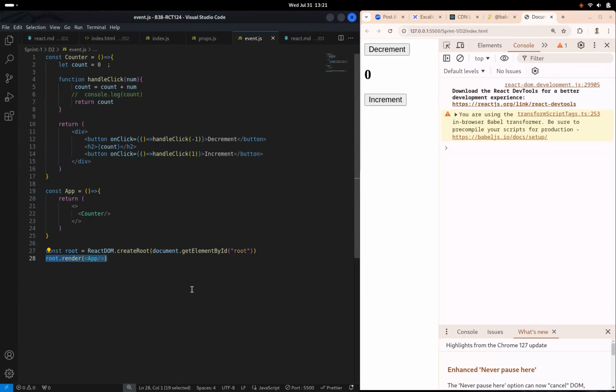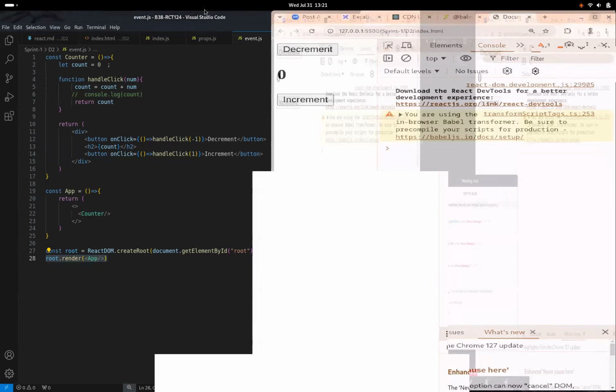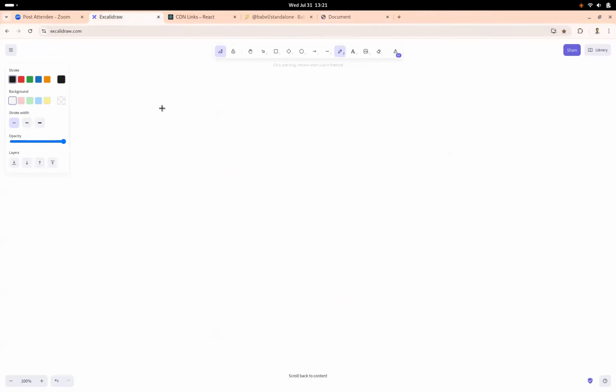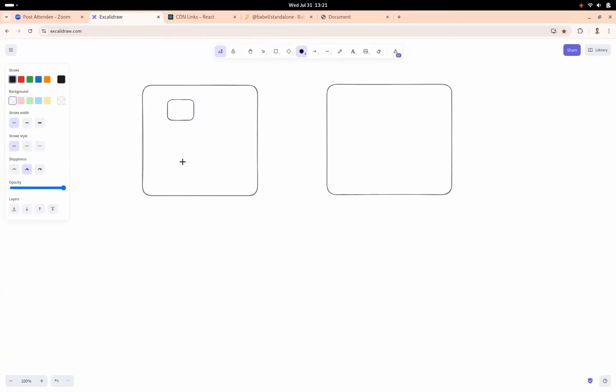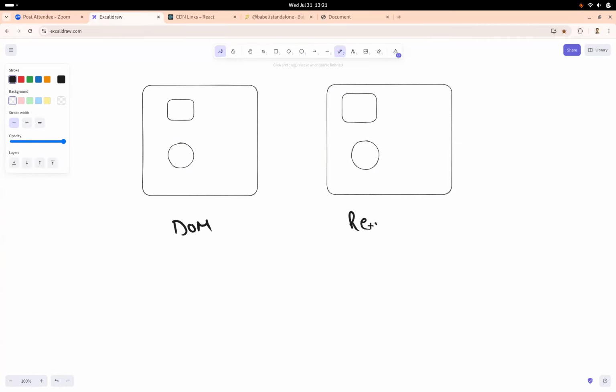So basically, this is where we start talking about how a normal DOM and a React DOM are different, right? So let me create a structure over here, and let me create a structure over here, right? Let's say in this DOM, we have an element and we have another element. And in this DOM, we have an element and we have another element, right? Now this is your usual DOM and this is React